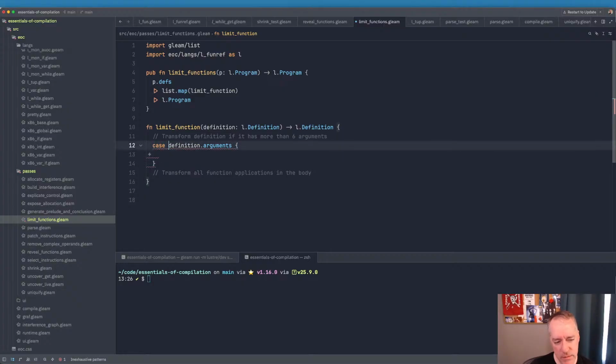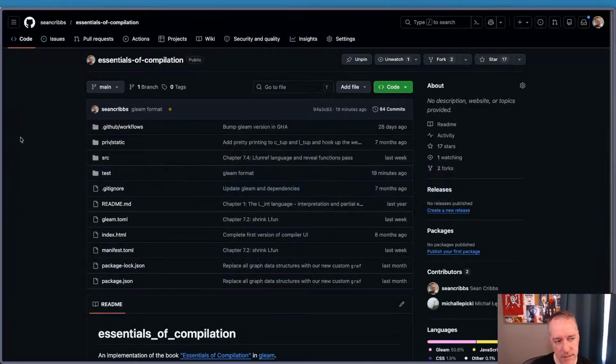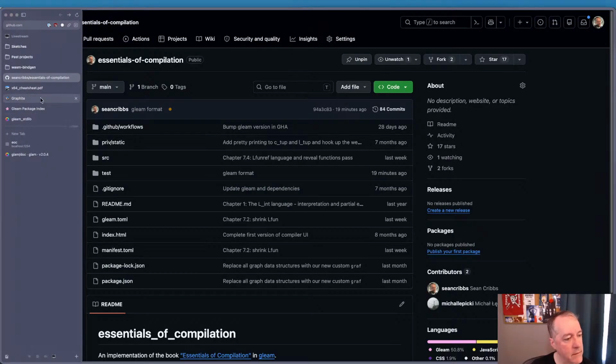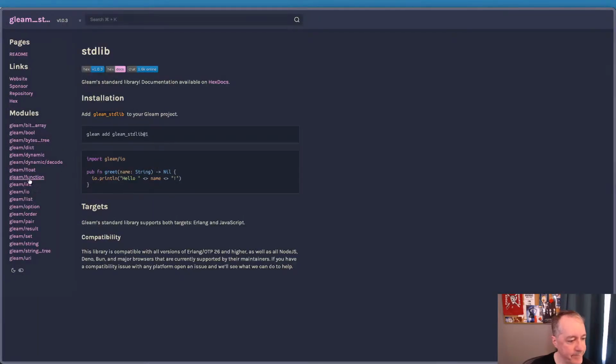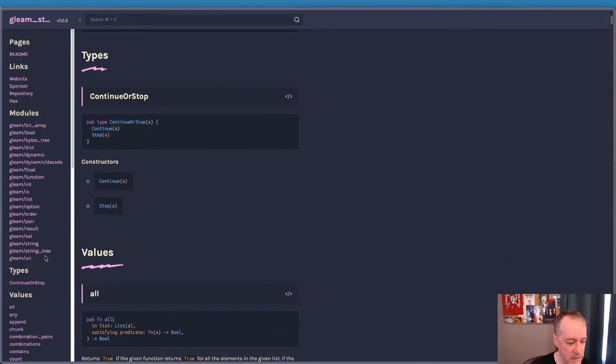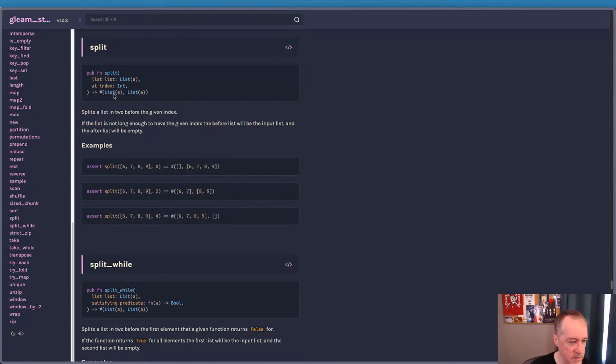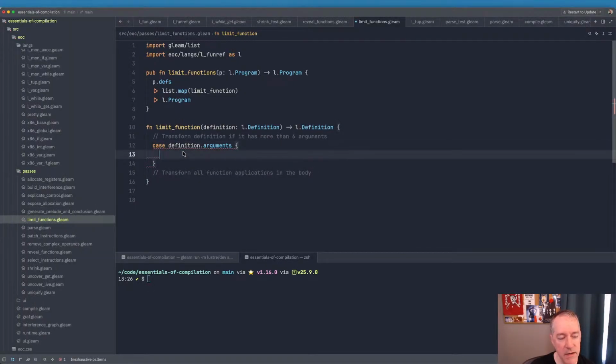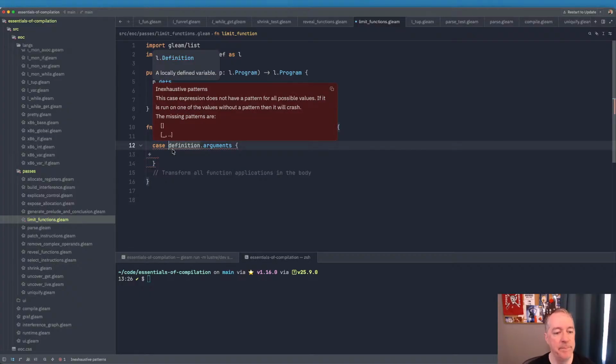Also, we could do list split. Let's look at the standard lib. List split at index. Okay, so 0 is before the first element. Okay, so it's basically how many you want to take. Okay, so if we do, let's do,